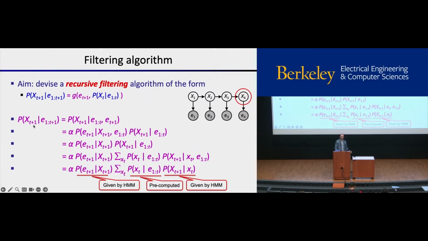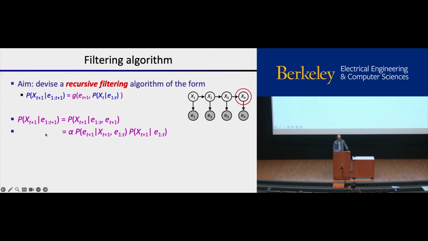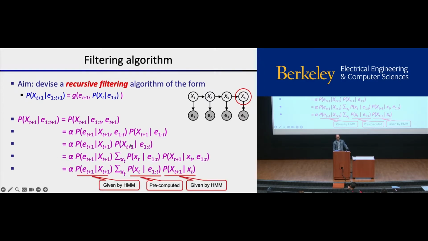And the method, which works because of all this math, which I'll go through again, decomposes this value, which we want to have, into values that are given to us by the hidden Markov model, or we will have pre-computed at the step before. So the overall scheme for this is you go from 1 up to the value of t you're actually interested in, computing this value, and then that helps you for the next one. So you can see that if we've done it for t, we can do it for t plus 1. Okay, so this is the recursive filtering algorithm, and I'm going to review each of these steps, why they work.